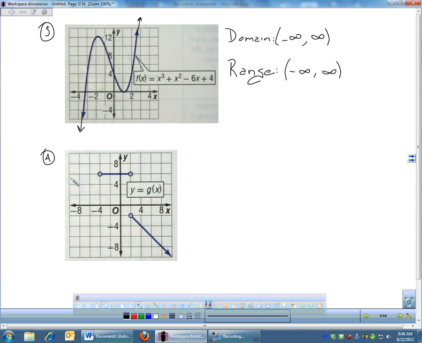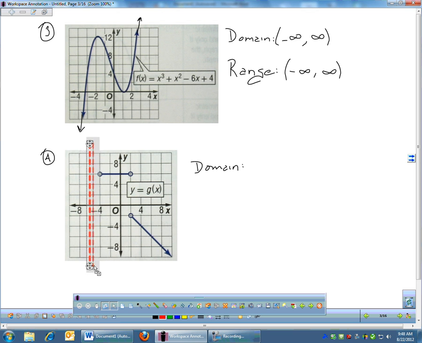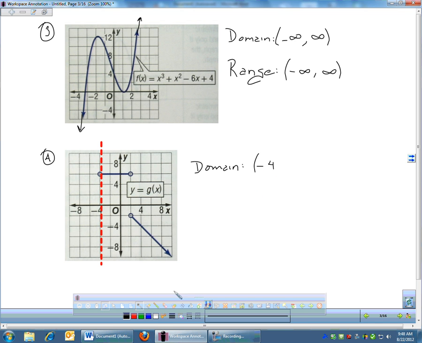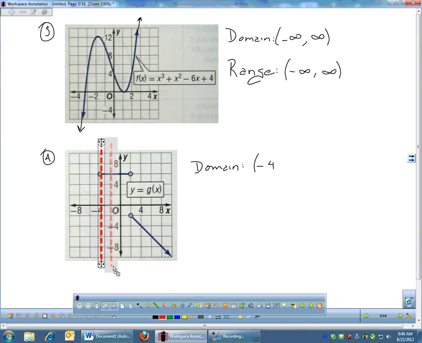Okay, number 4 is a tricky one. Domain for this one. Okay, as I drag my vertical line across, I start my graph at an x-coordinate of -4. But that's an open circle. So I'm starting at -4. I'm going to put a parenthesis there, and then I'm going to drag across. I'm touching my graph, still touching my graph,